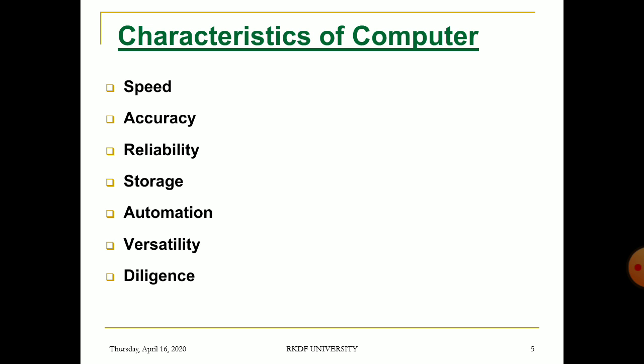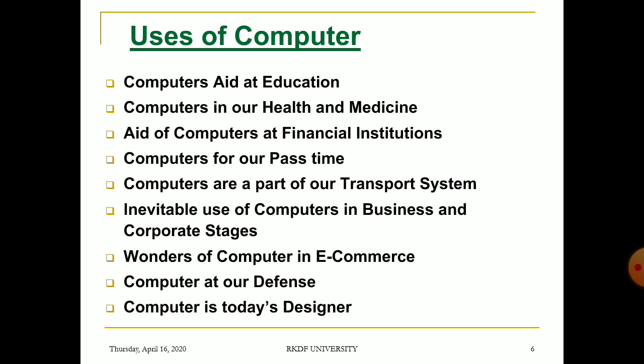Last one is diligence. A computer can work a lot of hours with the same speed and accuracy on each operation without getting tired. ये हमारी तरह टायर्ड नहीं होता है कि 2 घंटे काम करने के बाद हम दो और दो 5 रिजल्ट बता दें. उसकी सेम स्पीड और एक्यूरेसी बनी रहेगी आफ्टर लॉट ऑफ आवर्स. So this is known as diligence.